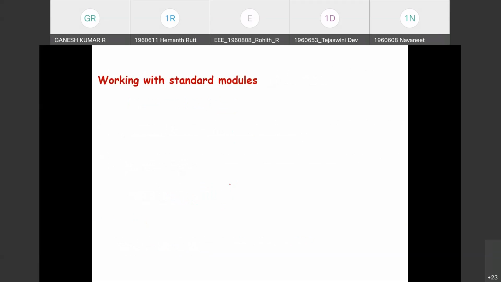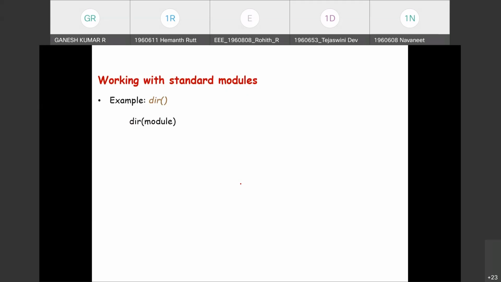Now, having understood the basic concepts of modules, it is time to move on to more examples working with standard modules. Here we introduce a function called dir, for directory. It has nothing to do with the dir command we know from Windows and Unix consoles. In the Windows prompt, when we type dir, it will display all the items in the directory.